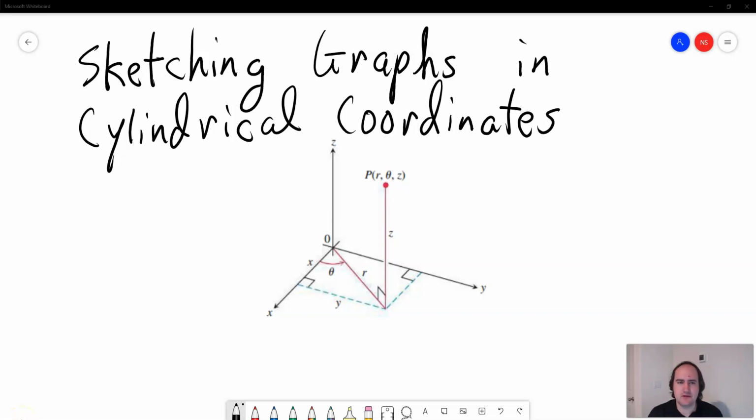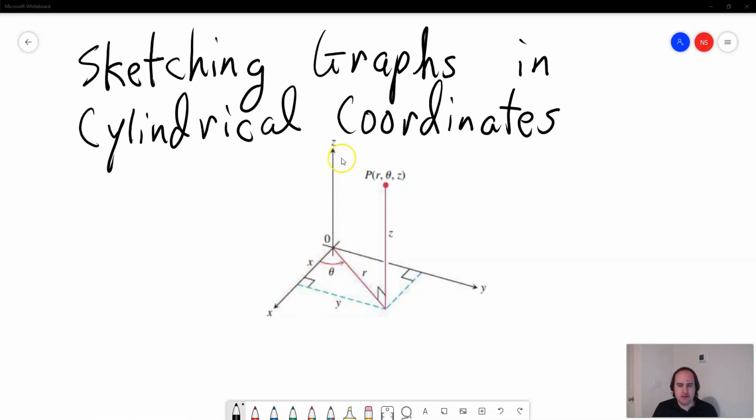Hey students, this is a lecture on sketching graphs in cylindrical coordinates. Now, cylindrical coordinates show up a lot in physics and engineering applications, and the basic idea is instead of having a point of the form x, y, z, it's actually going to be in the form r, theta, z, where r is the radius in your xy plane, and then theta is the angle from the positive x-axis in your